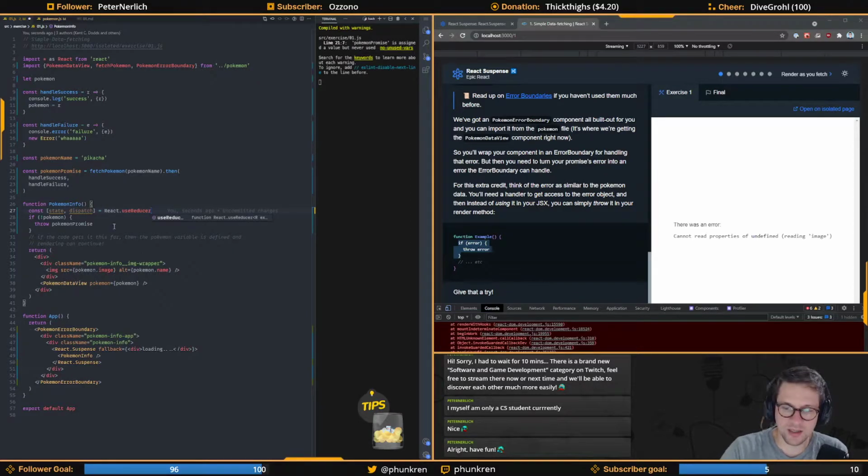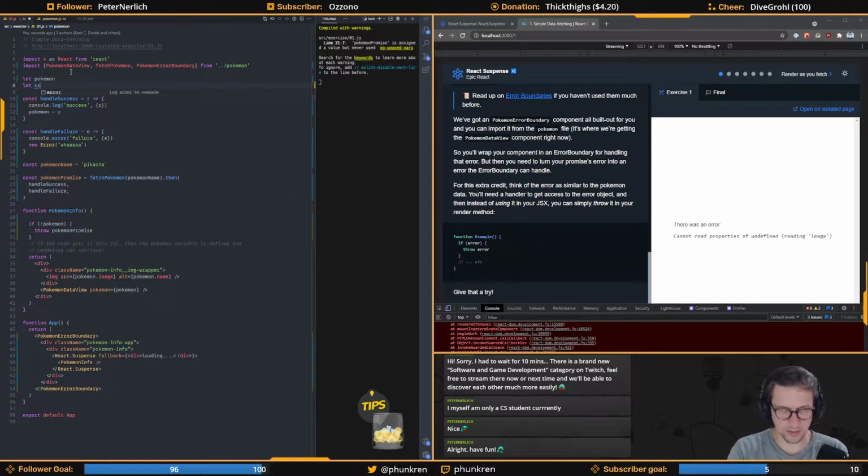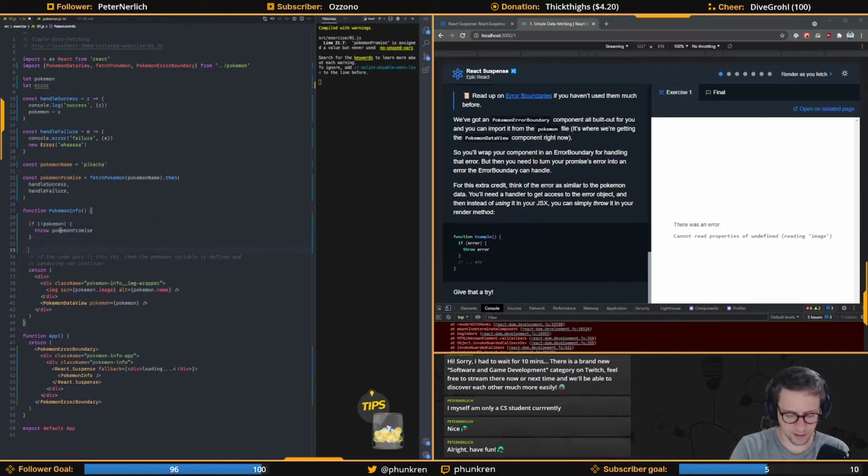But it feels like suspense is kind of doing that for us, which makes me hesitant to use this. Think of the error as similar to Pokemon data. Let error. We just define an error object here, and then say if it messes up,